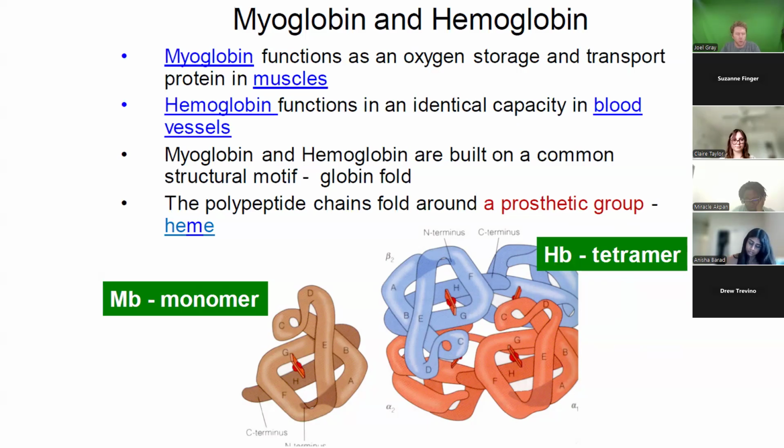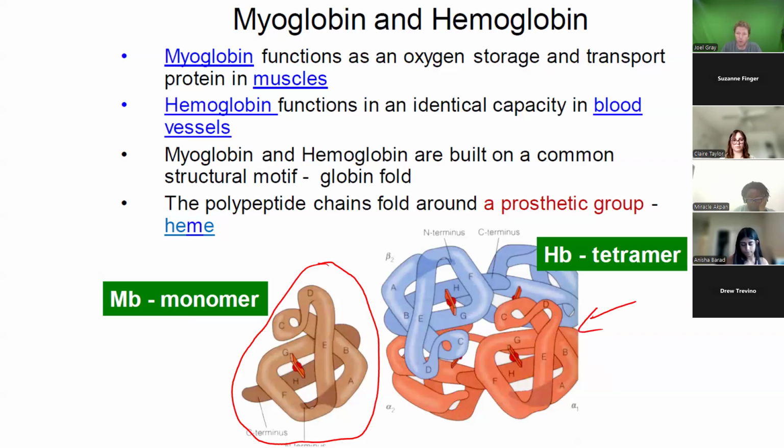So think about the globin fold, or the structural motif, as the organization of this protein. Now, this is myoglobin. The shorthand that we use for that is MB. It is a monomer. Over here, we've got HB, or hemoglobin. It is a tetramer. Now, let's just pick out this one right here, the beta 2